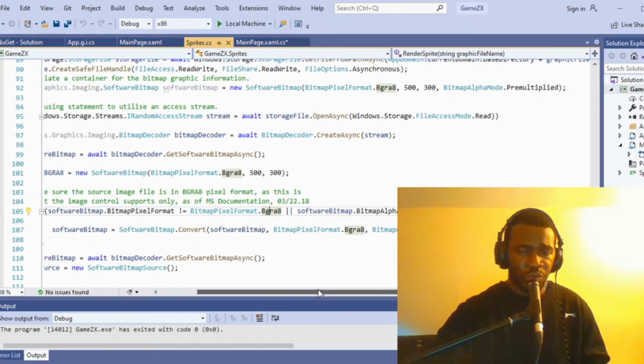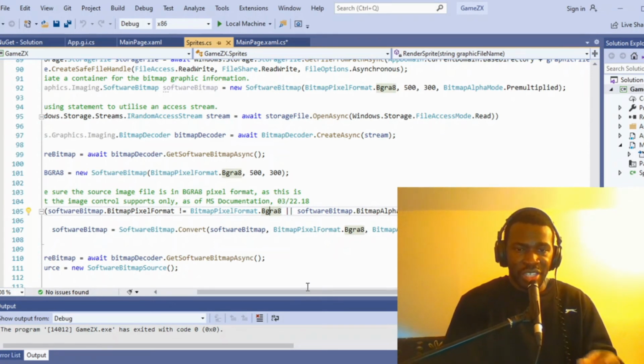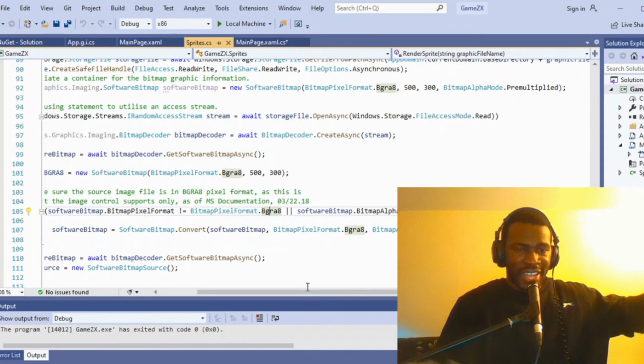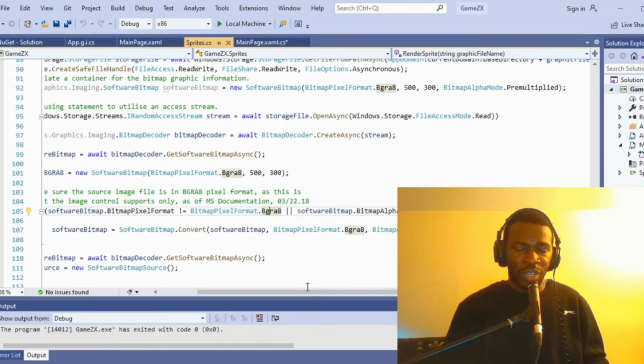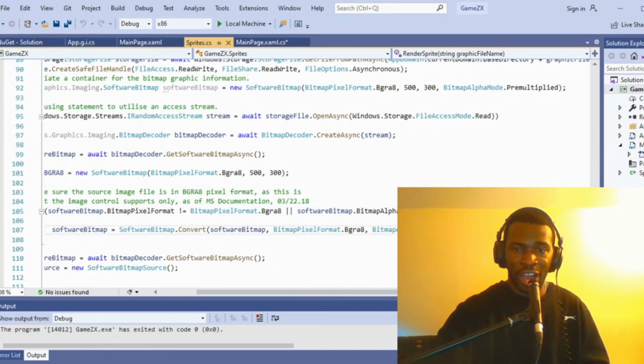So if you do a little bit of research, this is not really within the realms of utilizing UWP per se, but it's more to do with image standards, and how the alpha values and RGB values blend with digital images. So this is limited to just the BGRA8 standard and a pre-multiplied alpha mode,